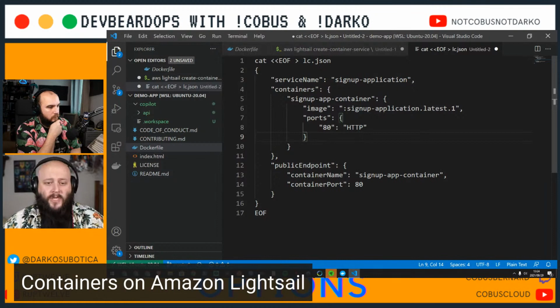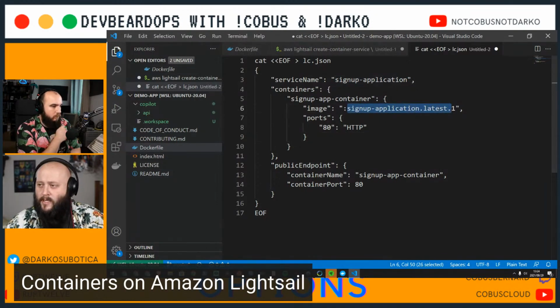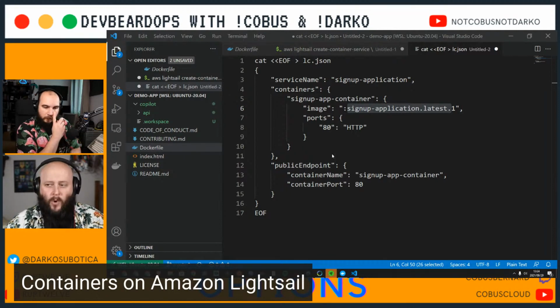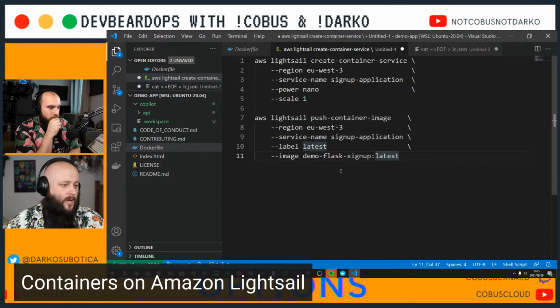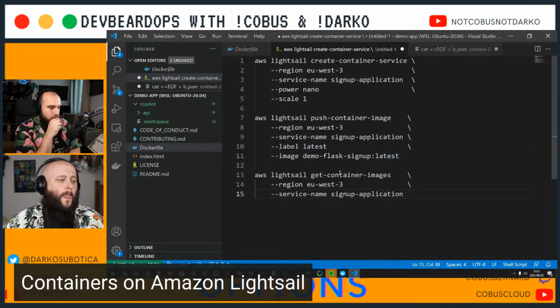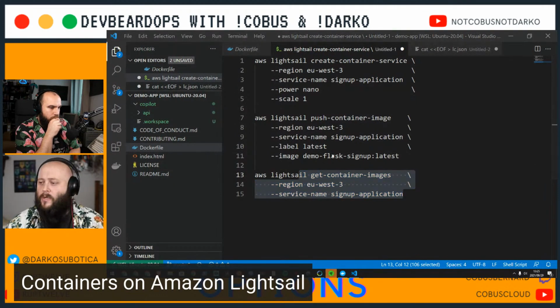So what you can see over here is, okay, cool, it's running signup_applications.latest. And the way we got that, let me quickly scroll up to my special notes, is from that actual deployment we pushed. So if you run the command, let's go back to our command tab, put that over here, get container images, and you run this, it'll return a